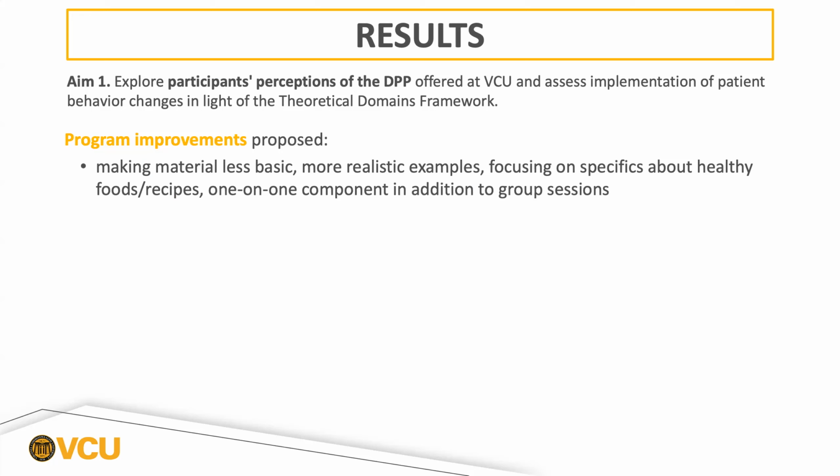One of these suggestions was to make the material less basic. It was written at a 3rd grade level, if I'm not mistaken. These materials come from the CDC, so there's not a lot of leeway that we have there. And it's supposed to make it accessible to everyone. So, I understand that for someone who may have some health-related training, the material may seem basic, but it's not